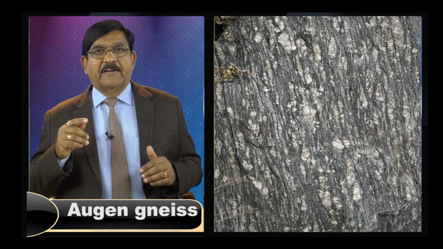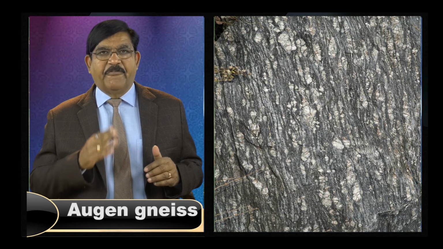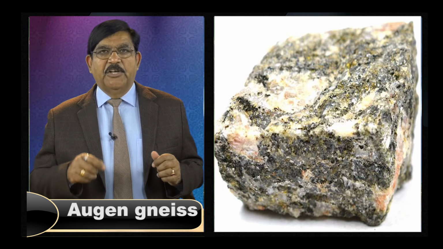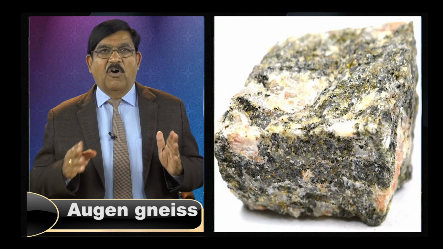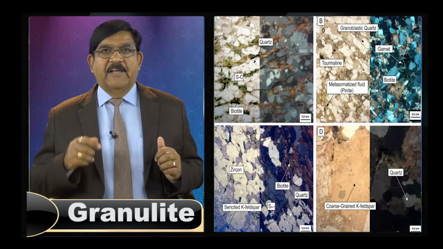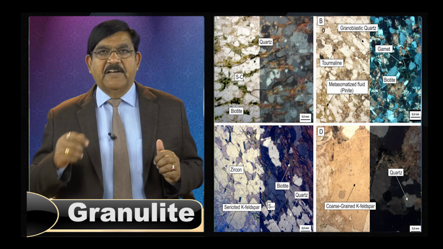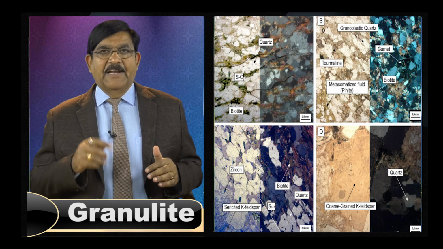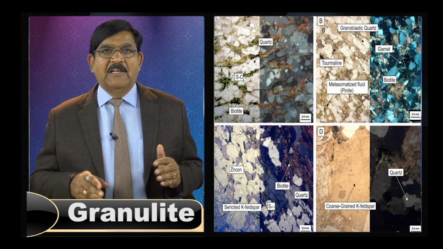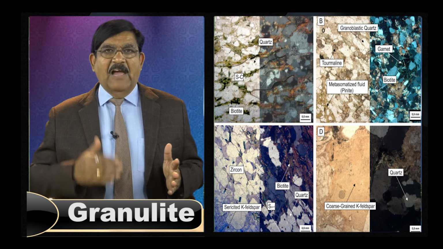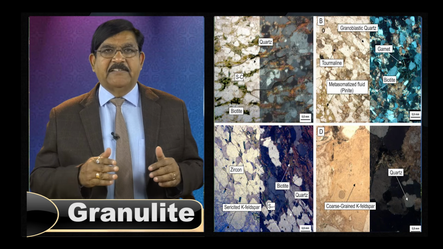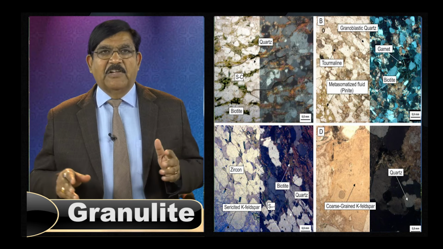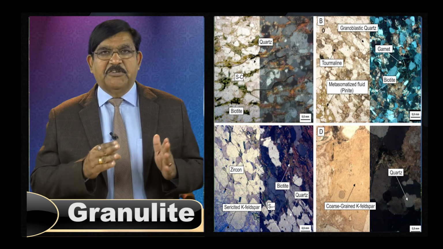Augen gneiss contains abundant porphyroblasts or porphyroclasts enveloped by the foliation to give the appearance of eyes, augen in German. Granulites are granoblastic rocks that are rich in quartz and feldspar and almost devoid of hydrous minerals. Lenticular to tabular compositional layering may be present. Granulites are equivalents of acid plutonic rocks, but those containing quartz, perthite, potash feldspar and hypersthene are referred to as